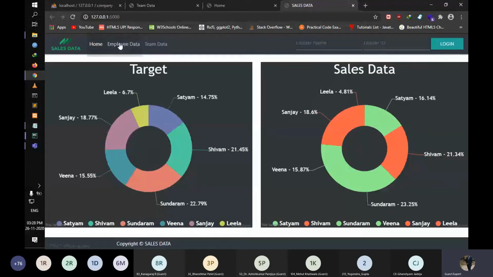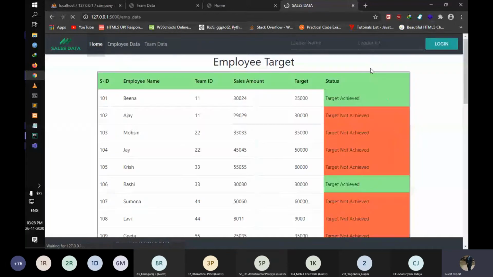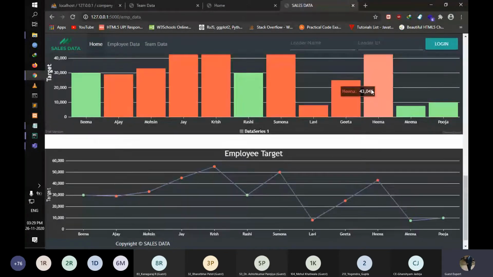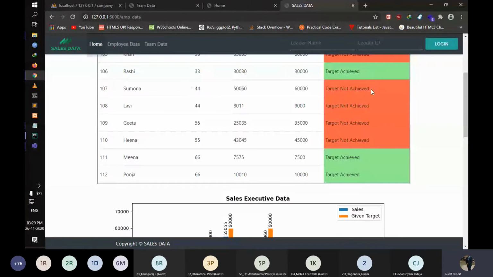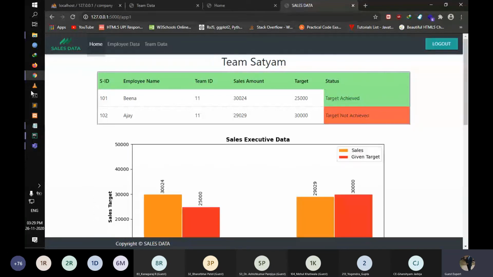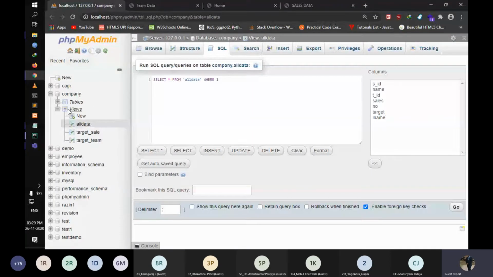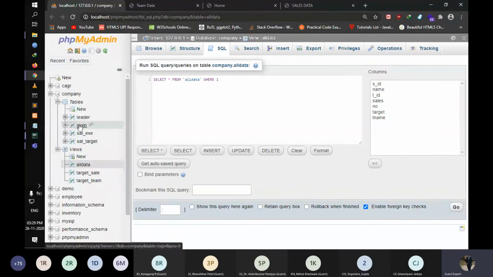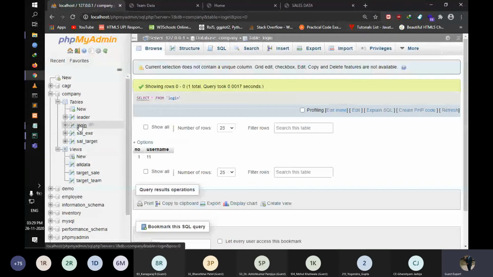So what we are trying to do is, after you go to employee data, up till here we've done the project. But what we're trying to do is that after you enter a value and a code, now there's a login button here because it's a traditional session, but we can also use the similar method in searching. So I click on login and it opens just the team value. In this table, there's a login page. We are not doing a session over here.